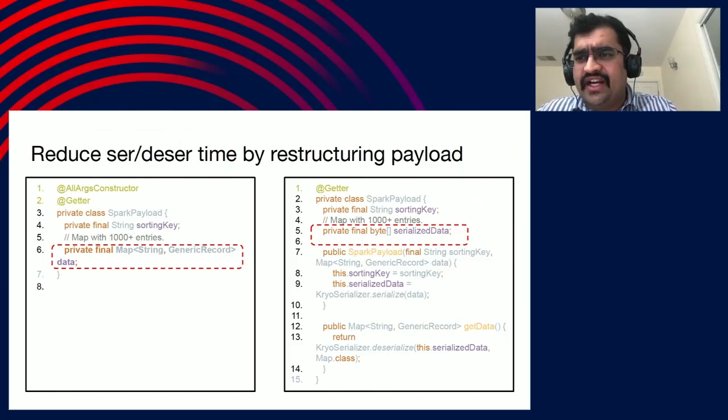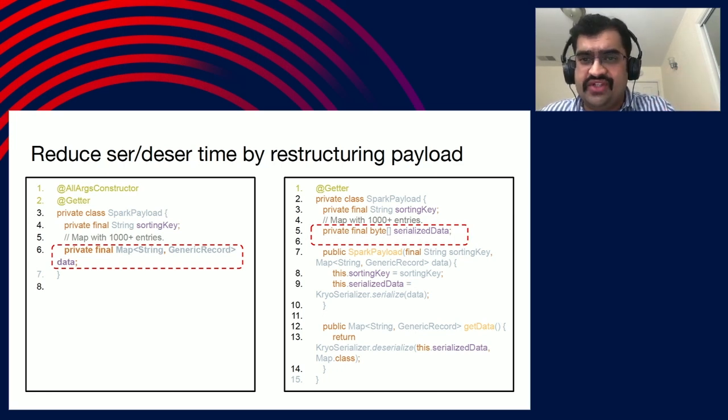The problem with this kind of payload is that whenever you use the Spark payload in any of your Spark operations, Spark has to deserialize the entire Java class. So let's say this map has 1,000 entries, and let's say this generic record has a super complex schema. What will happen is Spark will spend a lot of CPU cycles in serializing and deserializing this object, which is not required. In this use case, if you are just looking at the sorting key,